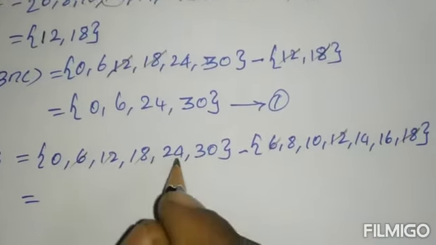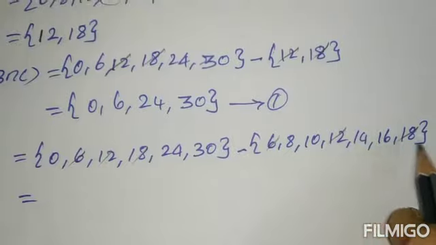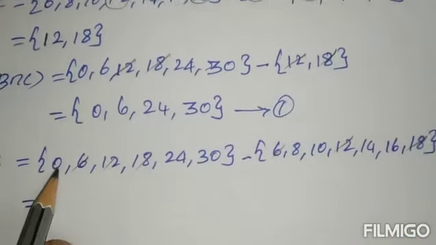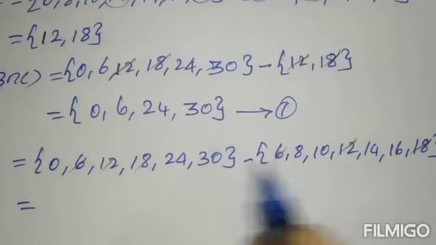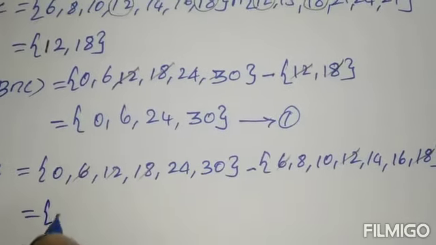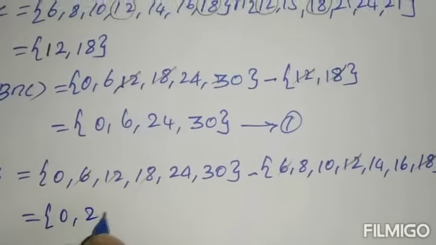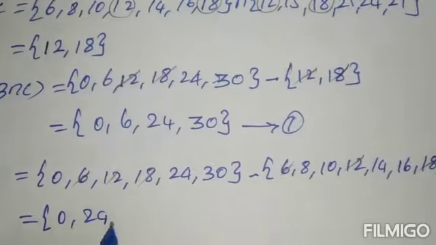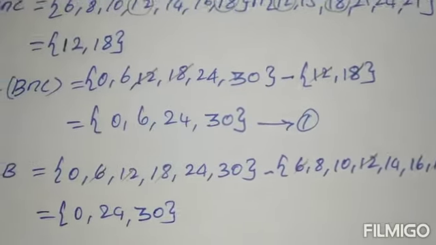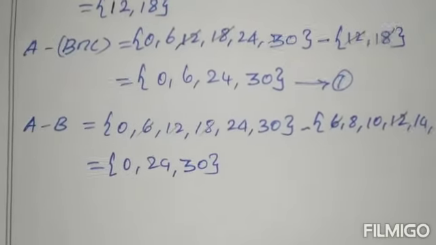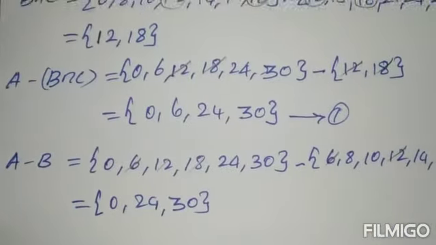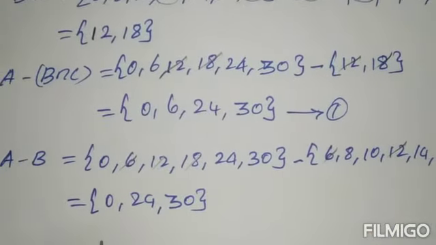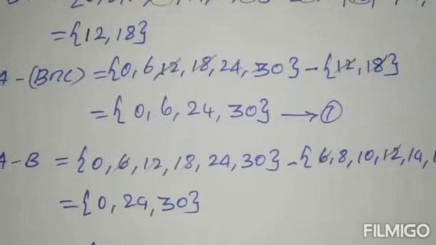Then வேற எதுமே இல்ல. So but இதுல 14 16 எல்லாம் எக்ஸ்ட்ரா இருக்கு. அதெல்லாம் எழுத கூடாது. நமக்கு தேவை the elements belongs to A but does not belongs to B. So A ல இருக்கிற elements எதுனா B ல இருந்துச்சுனா விட்டுட்டு remaining elements எழுத போறோம். So 0, 24, 30. So these are the elements of A difference B. So next we have to find A difference C.